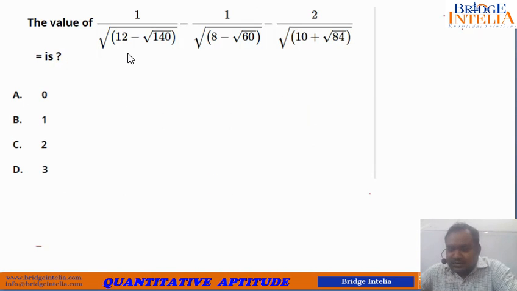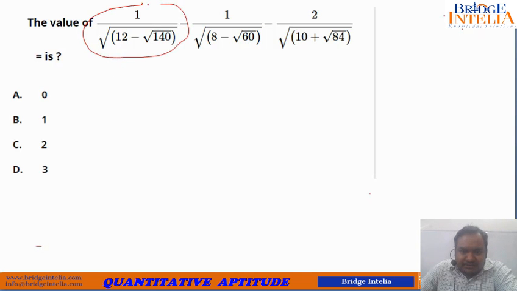So dear student, this is a very very good question, and it is actually based on the concept of square root of a surd. Let us understand how. Let us deal with it term by term. So let's concentrate on the first term. What is the first term? The first term is 1 by root under 12 minus root 40. Root 40 can be written as 4 into 35, so 4 comes out in the form of 2. So this is the first term.